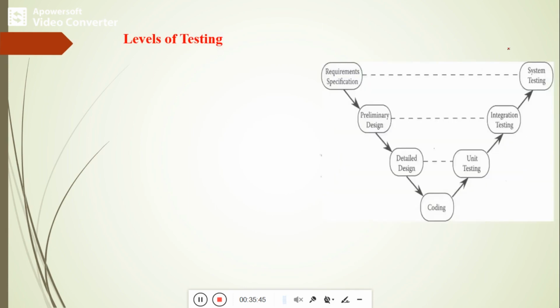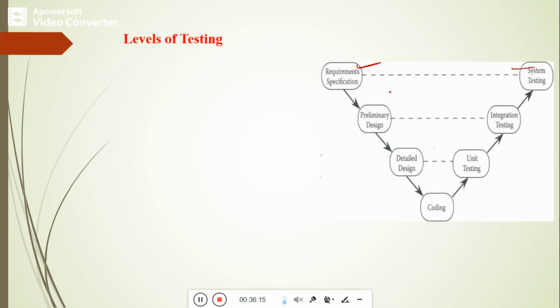This figure will give a clear picture, which we have already discussed. That is the V model of the software development life cycle, where each and every level of testing echoes with the test cases. For example, the requirement specification is identified based on the end user requirement, what type of system he wants. Based on the user requirement specification, we are writing the system tests.